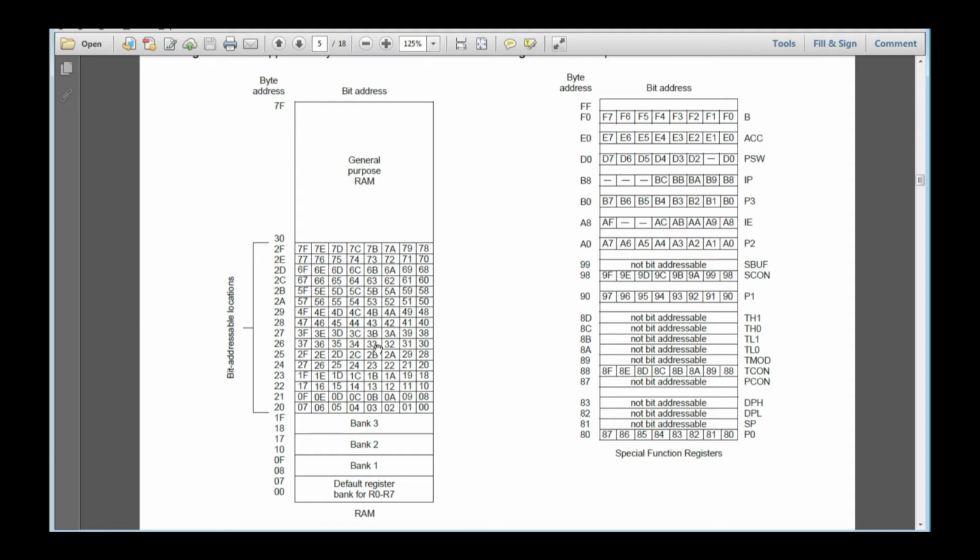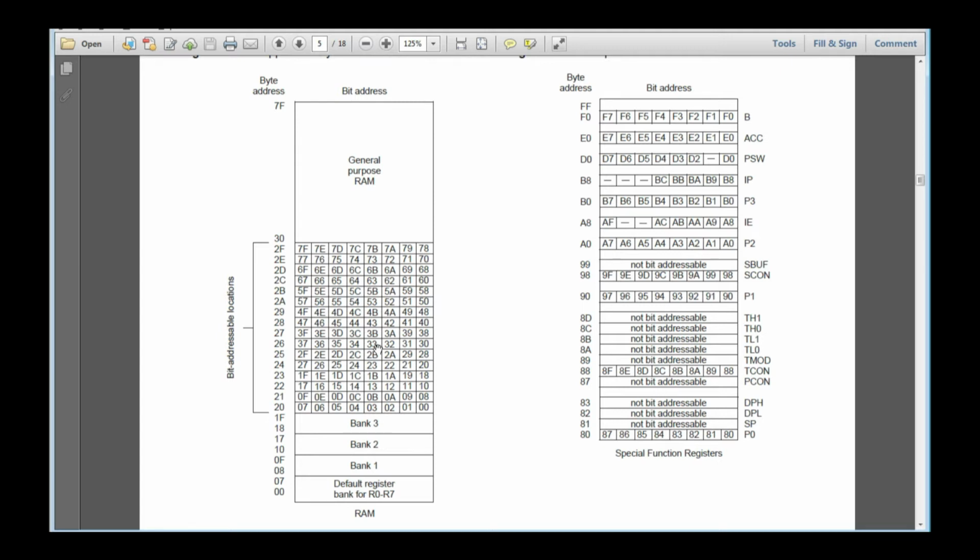With respect to the automotive sector, if you want to switch on the headlamp, one bit is more than enough. If you want to switch on the tail lamp, one bit is more than enough. So every bit can control the corresponding appliance. Even if you want to open the airbag, one bit is more than enough. If 1, the airbag will open. If 0, the airbag will not open. So control means one bit is more than enough. So to access the bits, there must be some facilities available. And this bit addressable area in the data memory contributes much on the hardware side to control the appliances more comfortably. That's all.